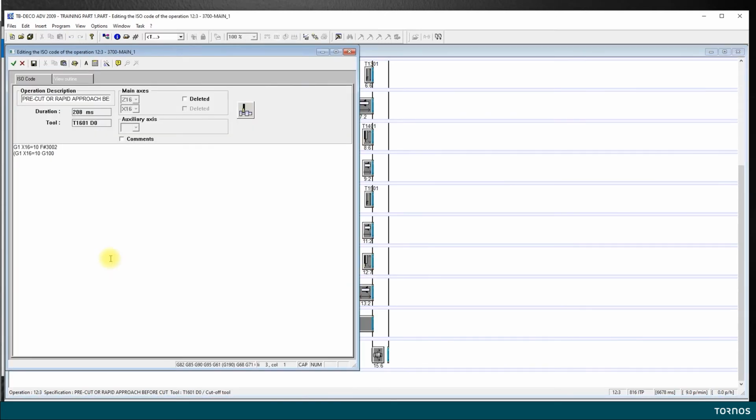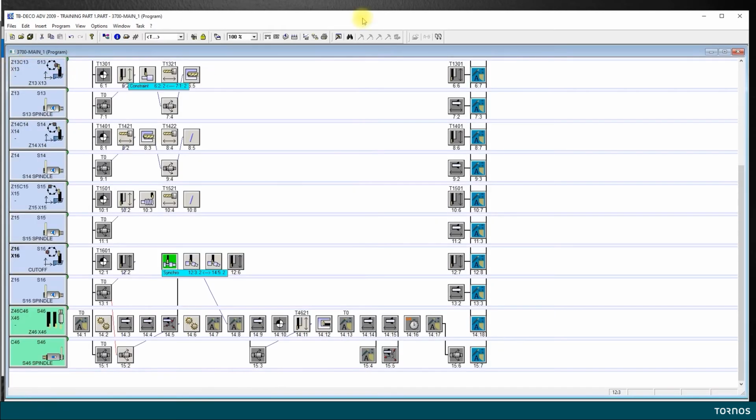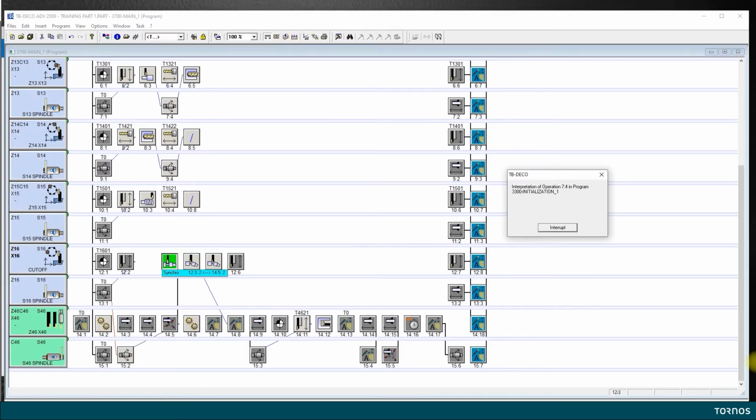I double click to open, and I see that I have my default value where I go up to 10 millimeter. If we look at the drawing of the part, we can move down to 5.5 millimeters and still have the part hold well on the bar. So this is the pre-cut. I say okay, I generate just to look.